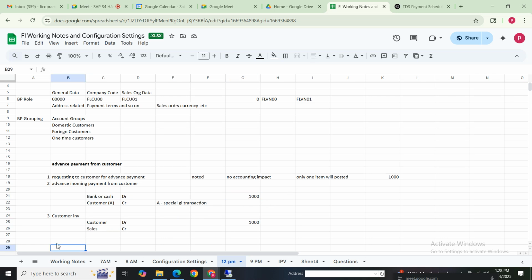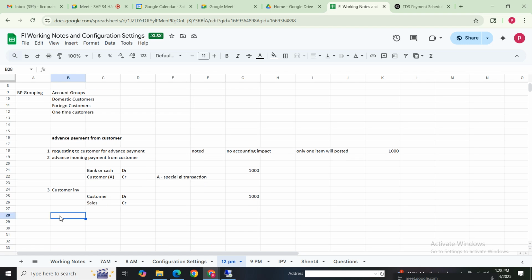For such a scenario, no payment is required because we already have the advance payment from the customer. Is this clear?